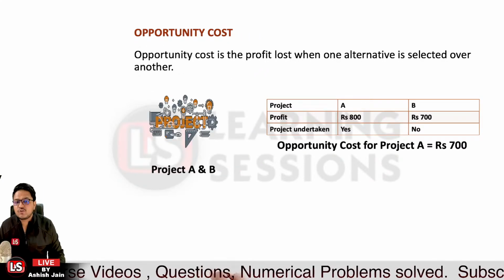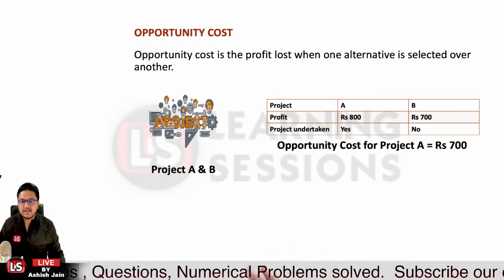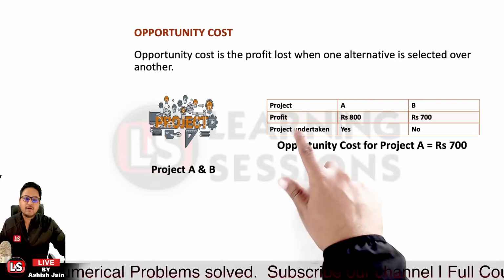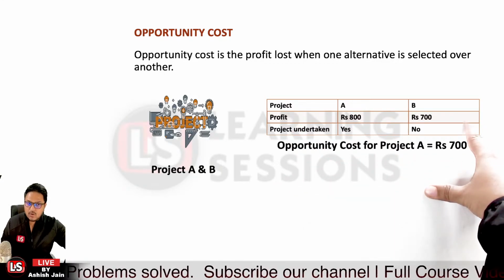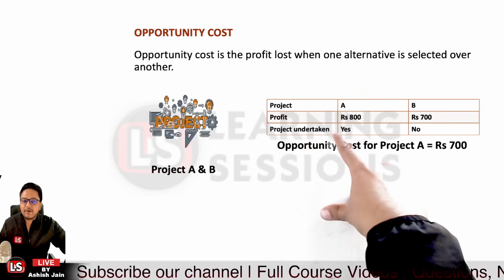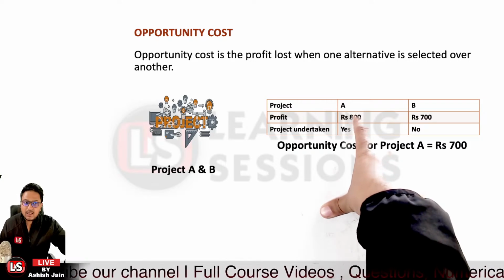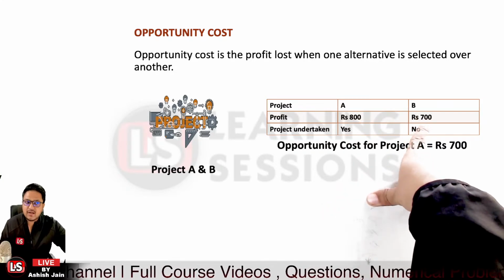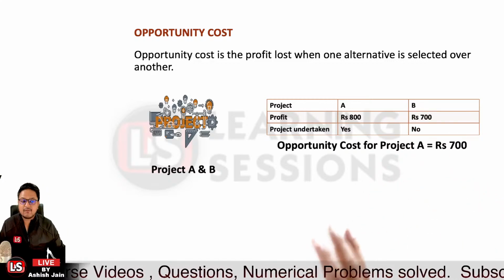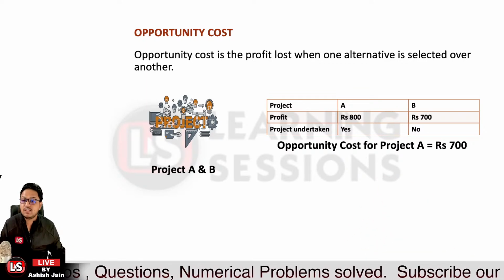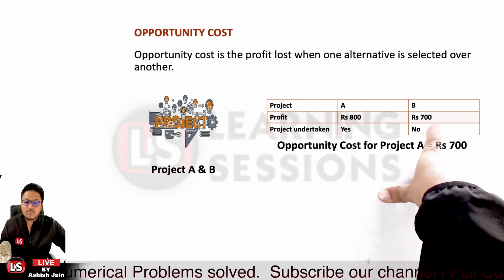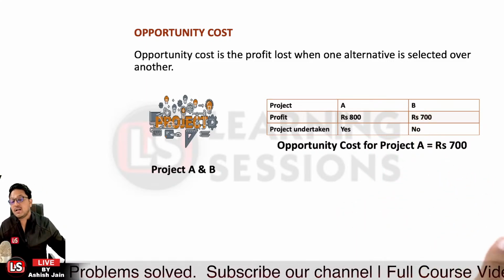Next, it is related to opportunity cost. Very important. You must understand this particular point. We will understand this point by virtue of an example. So we have two different projects, project A and project B. You were assuming a profit of rupees 800 from project A, and a profit of rupees 700 from project B. Okay, but you undertook project A,